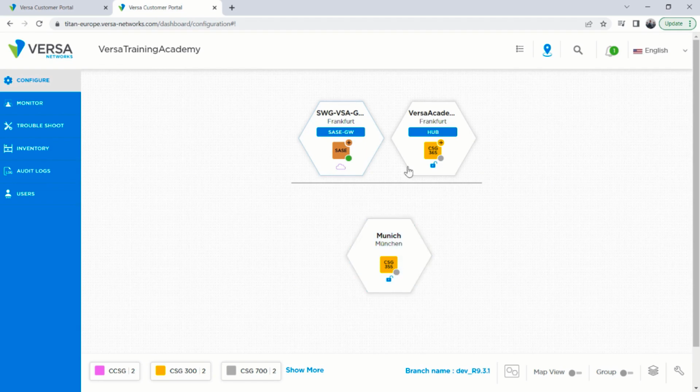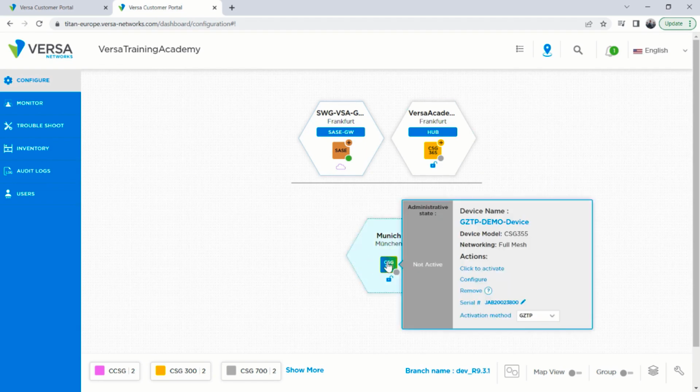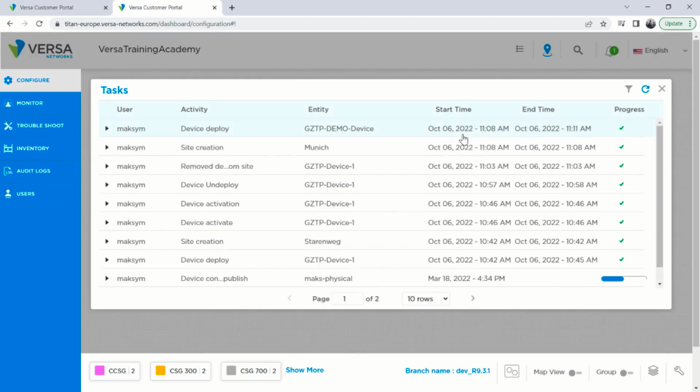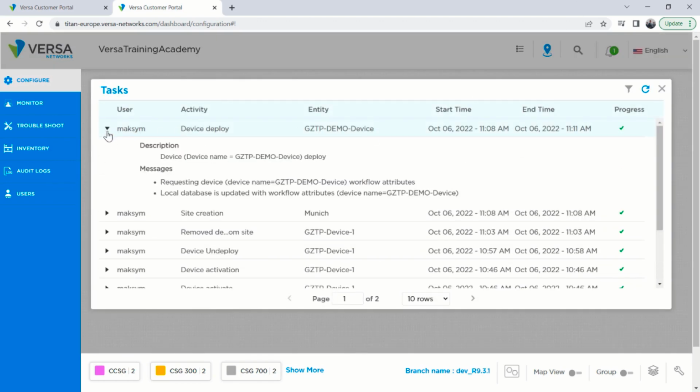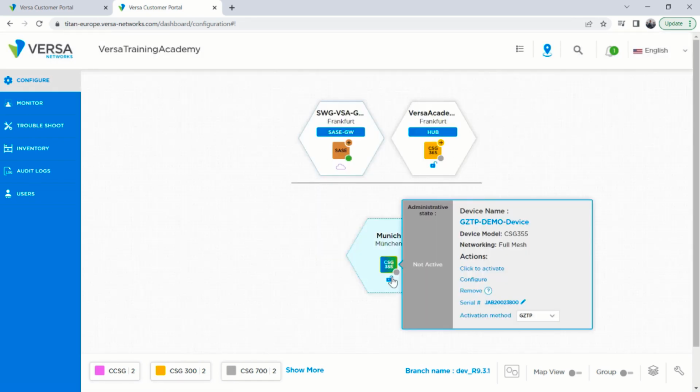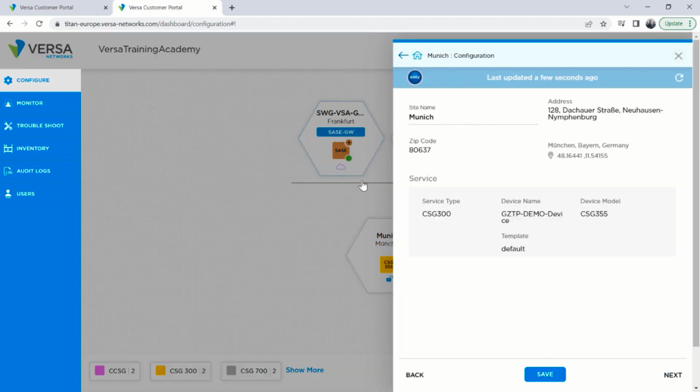And now I see that device is deployed, not active. Let me see tasks and device deploy. Device GZTP demo device deploy. And it is successful. Okay. So now let's go ahead and activate the device because as of now we have a template created for this